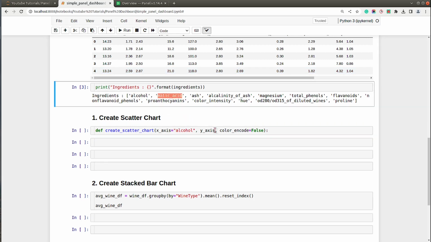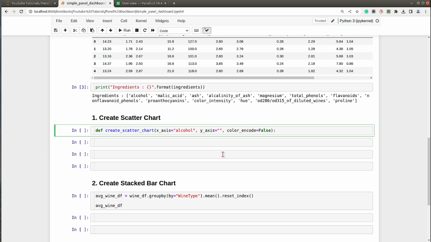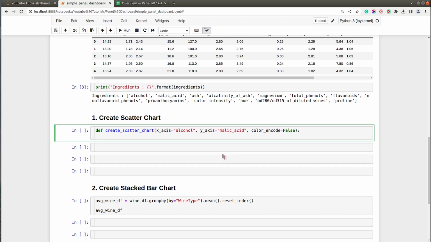For y-axis, the default value will be malic acid, and as we provide different values, a different figure will be drawn. So over here I will call our wine df data frame. I will call the load bouquet method, and on that I will call the scatter method. For x-axis, I will say whatever is the x-axis value. For y-axis, whatever y-axis column name is provided, and for category